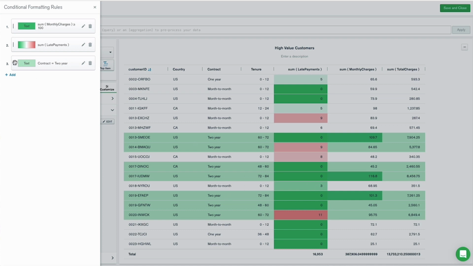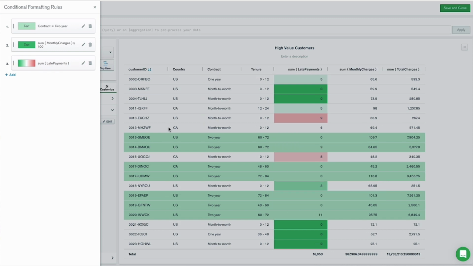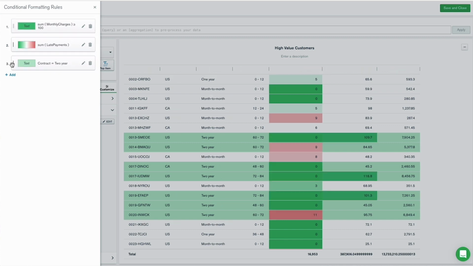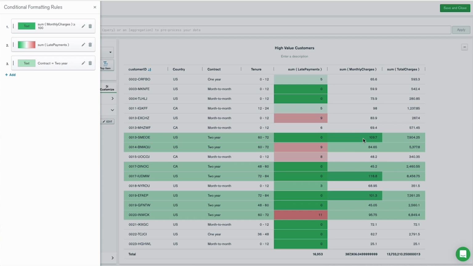One thing to note, if I drag this to the top, it will now overlap. So depending on the order you have it, it shows the precedence of what color the cell is showing. I'm going to put this back at the bottom because I want to see the late payments and monthly charges